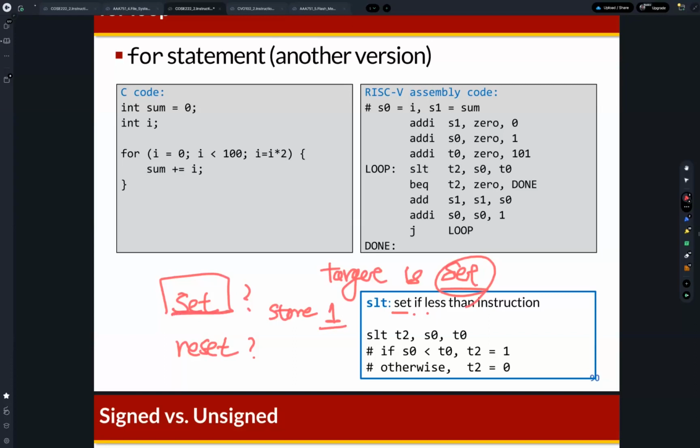Reset is storing 0. So set if less than means that if the condition is true, then the target register is set, which means we just store 1 to the register. Okay, we can use this SLT